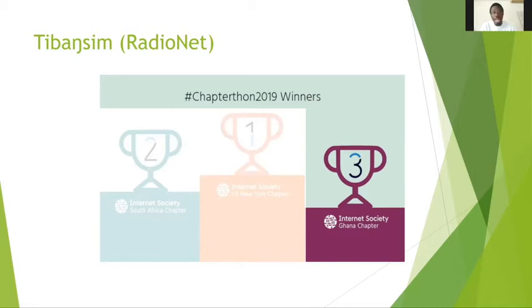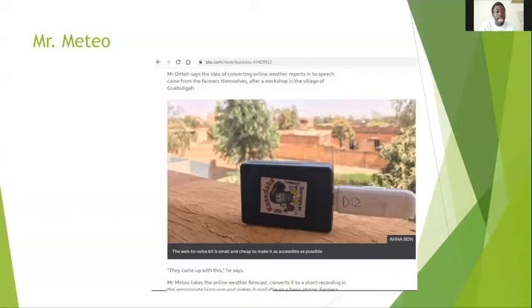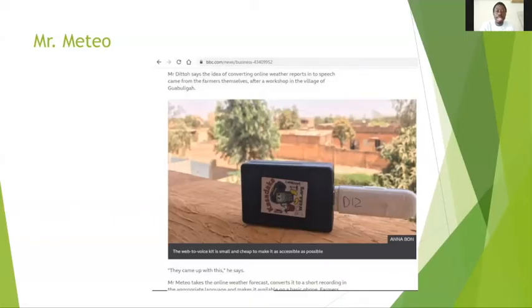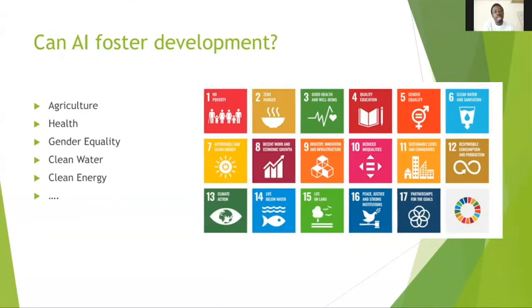The project began by considering the needs of the people. For example, Mr. Meteo, this is an idea that came from the community members and didn't actually come from us. And so for that reason, you'd be assured that it will be used because this is something that the people have asked for. So the question we want to ask today is, all these projects we've talked about are meant for development. So before we even begin to talk about AI4D, the question is, can AI really foster development?